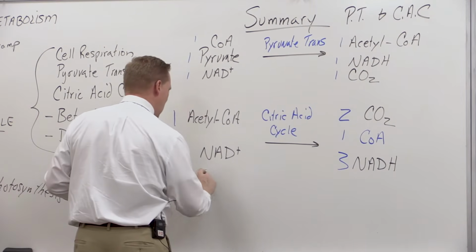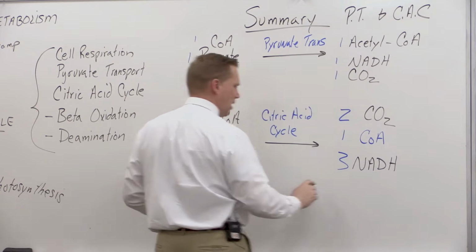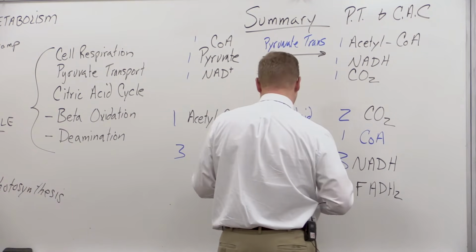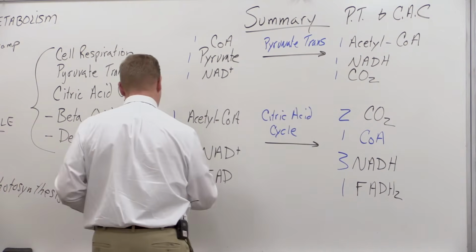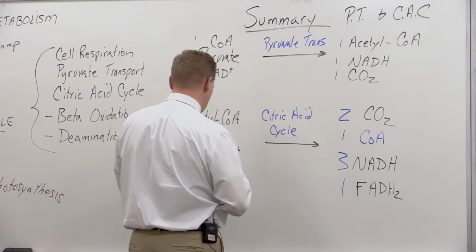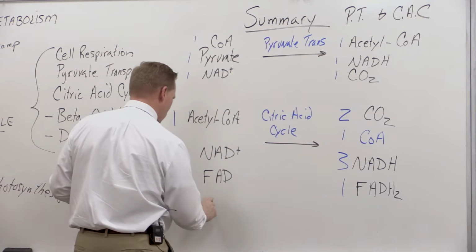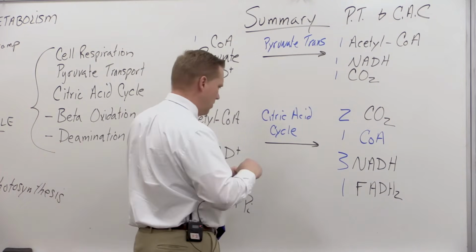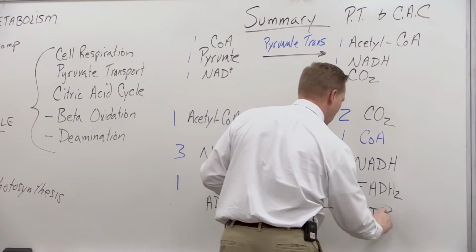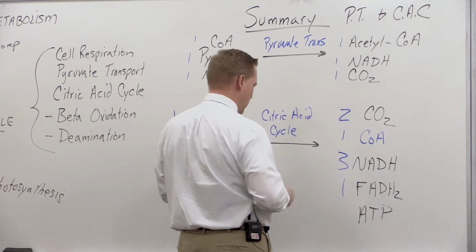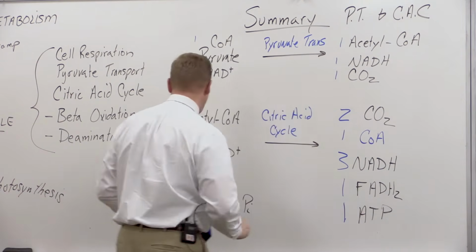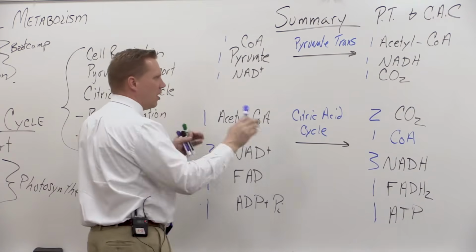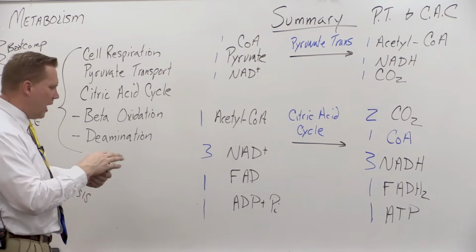We put in 1 FAD, and we got out 1 FADH2. And then, importantly, we put in 1 ADP plus an inorganic phosphate, and we got ATP out the other side. And so there was 1 ATP, and then we put in 1 of each of those. We also had a couple CoAs come in here and out. They're going to cancel out for us. In the end,